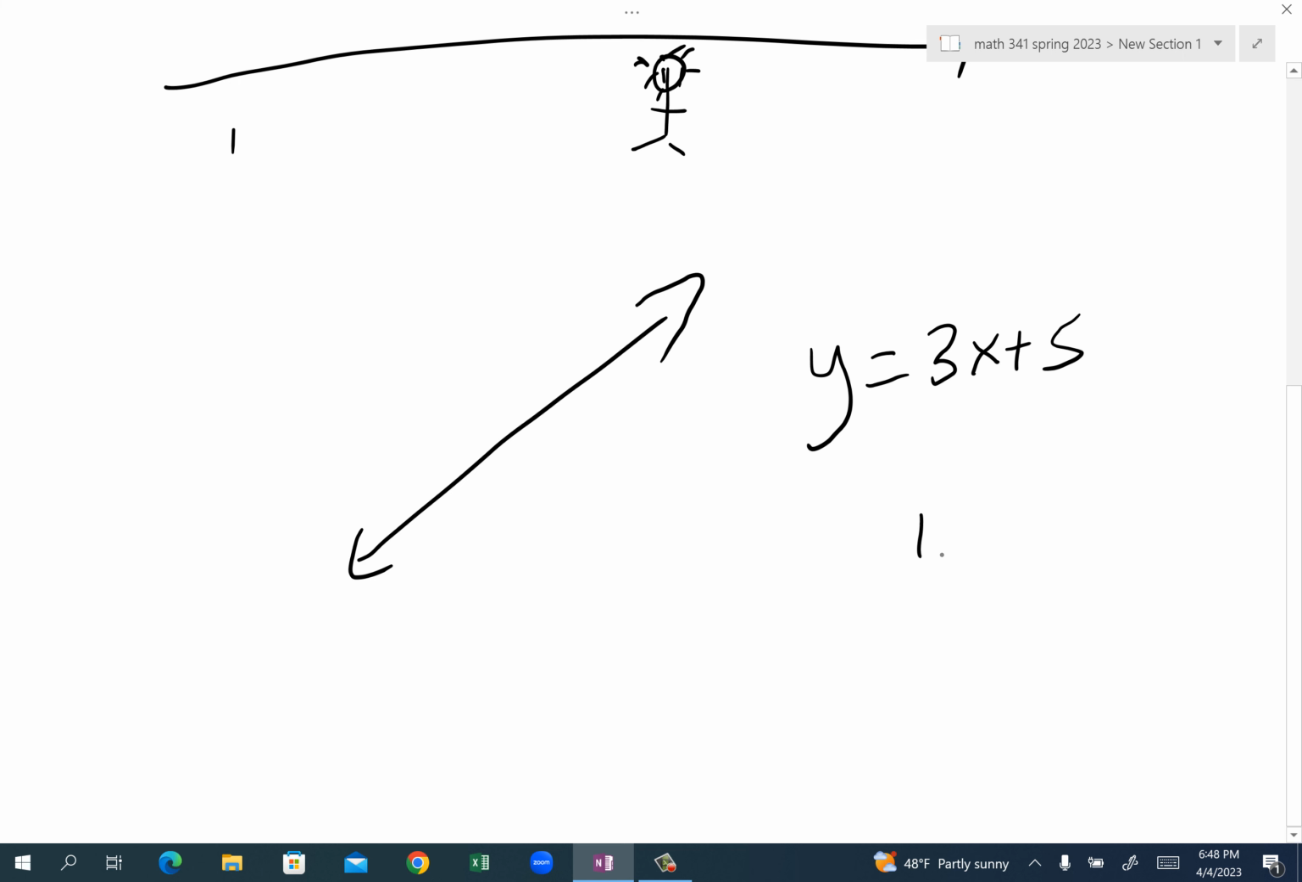Is the point (1, 8) on the line? Yes. Check. Is the point (2, 19) on the line? No, it's not. Why? Because that's 11. It's not 19. Okay? And so we'll be talking about that. Now,